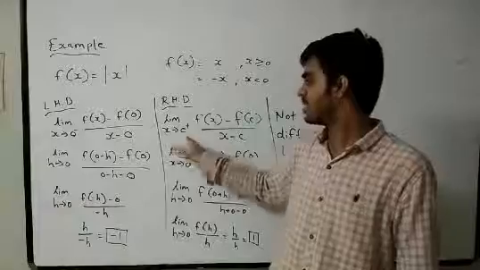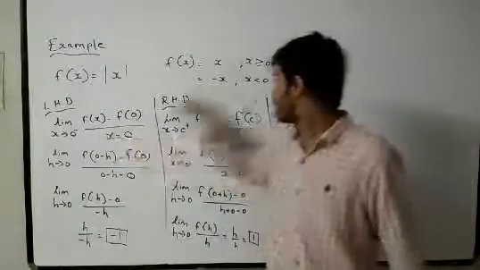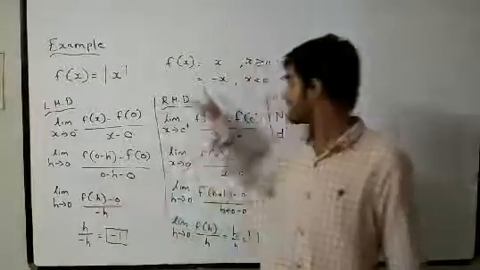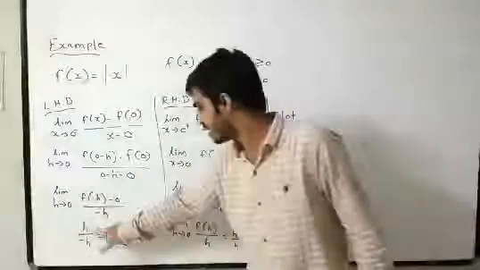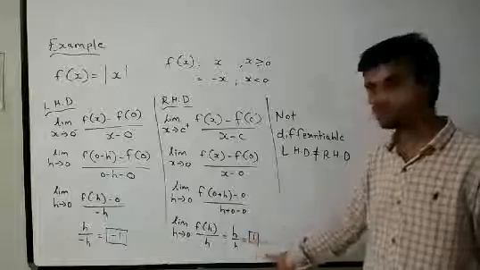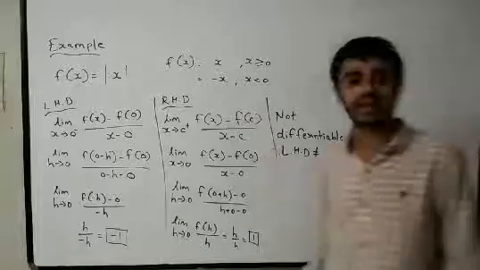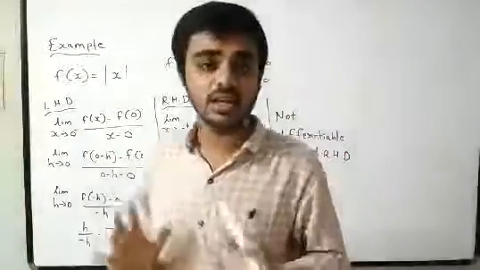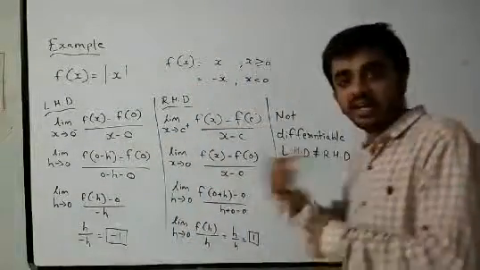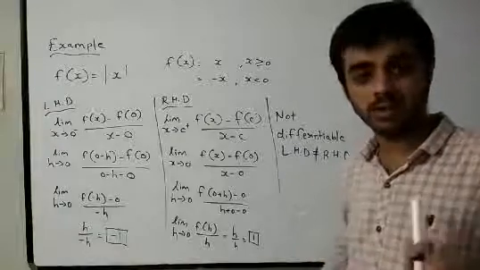Limit x tends to c positive, here c negative. Everything is the same, but when it is c negative, we have to check for x less than 0. So minus x we have put here, f of minus h. Minus minus will become plus, so h, and below it is minus h. Here it will be plus, so both h and h cancel, so the answer is 1. Here minus 1 and here 1. So both the derivatives are not equal. So we can say that the left hand derivative is not equal to the right hand derivative. So this particular function is not differentiable.